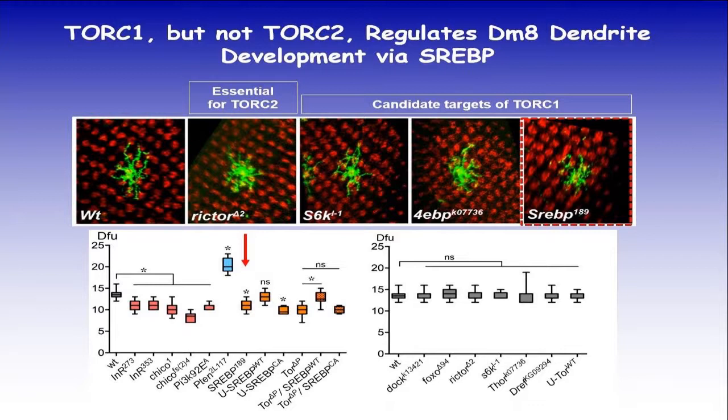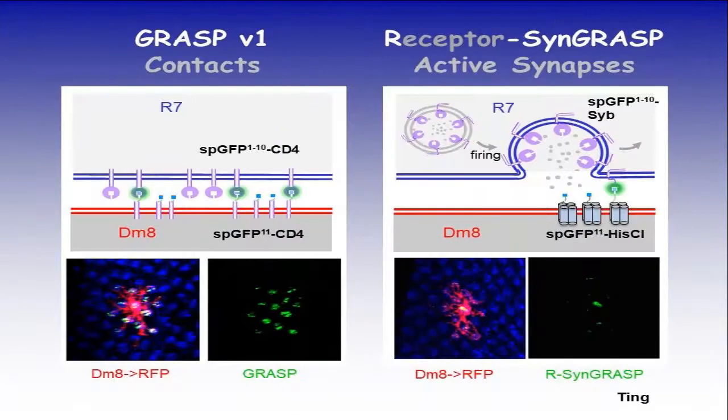But if you remove SREBP, you phenocopy the Tor signaling pathway, suggesting that SREBP is downstream of Tor. And more importantly, we can actually rescue the Tor phenotype by overexpressing SREBP, and this is a genetic epistasis. Similar to what I showed you with the TM20, we also like to know